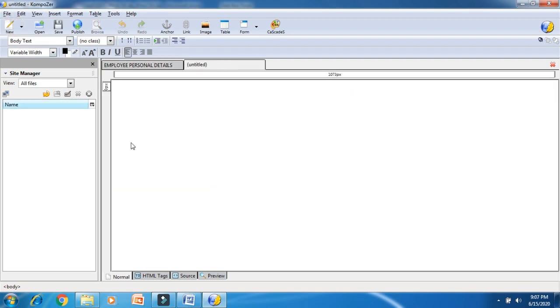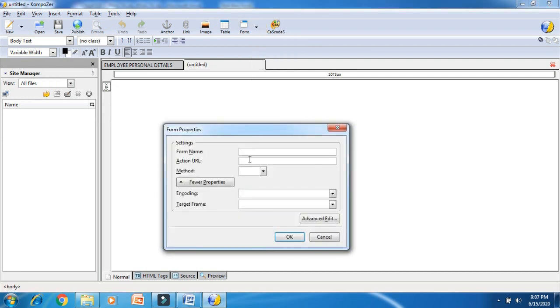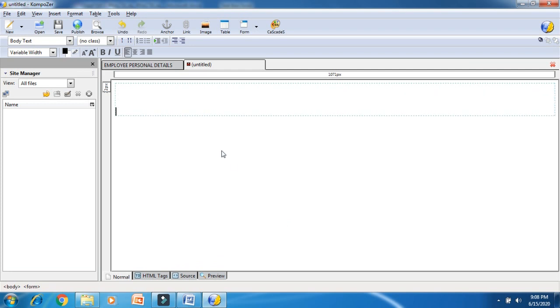So I will go to the new option. Inside that I have to define a form. So form field, define form, form name form 2, action URL. Suppose if I want to go back again to the previous page, that is my employee personal detail, the same name I have to write here, employee personal details. So student, here if you make a spelling mistake, you will not get the proper result. Dot html, method post, press OK. So you will get your form.